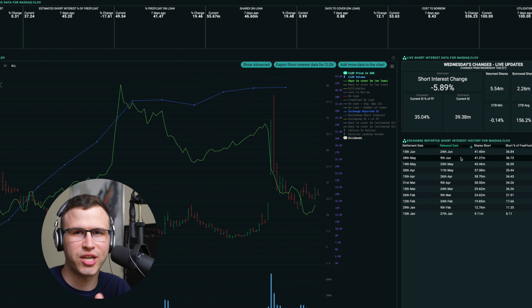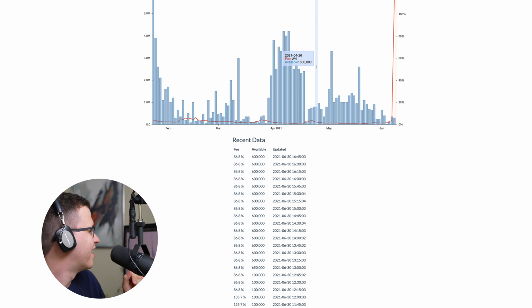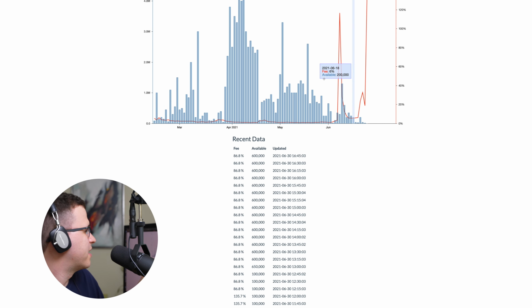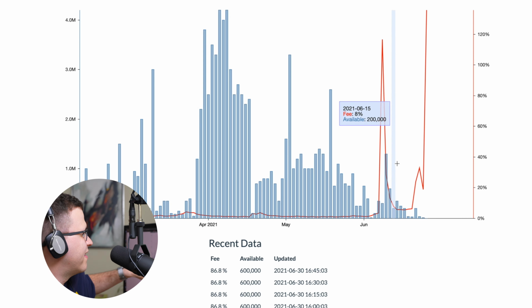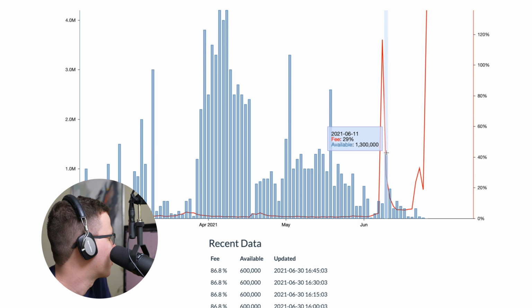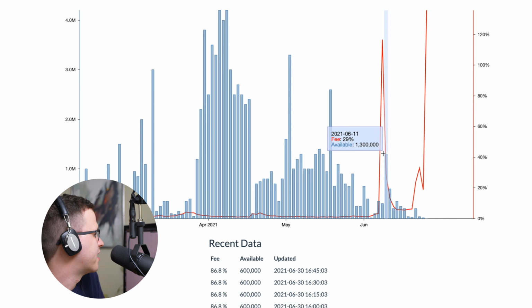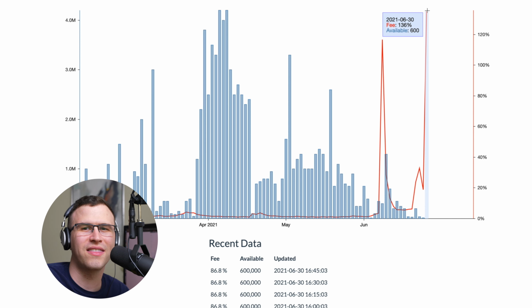Next, we're going to check out the iBorrowDesk for a fee update. On the iBorrowDesk, it's kind of cool to see this because, first of all, I just want to bring this up. You can see that you have this huge red spike, and this is when it flew to that $28 mark. I believe that was on the 9th or the 10th, one of those days. I think it was the 9th of June. And then you can see we have an even bigger spike, and that's from the 135.7% with 20,000 shares available from yesterday for the fee.